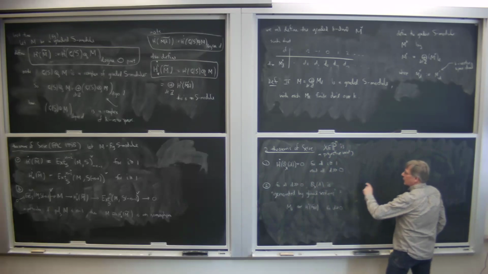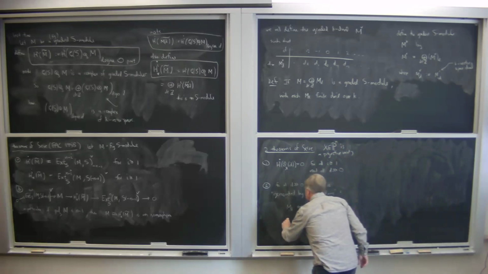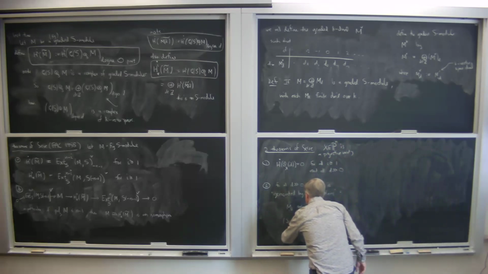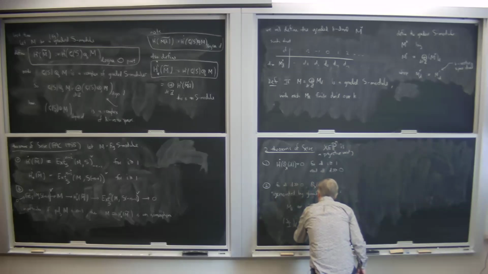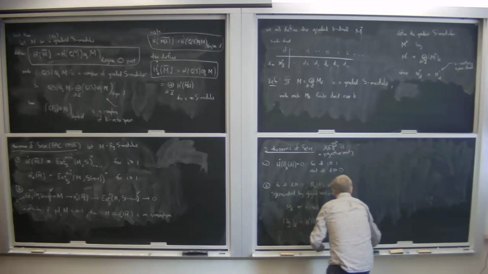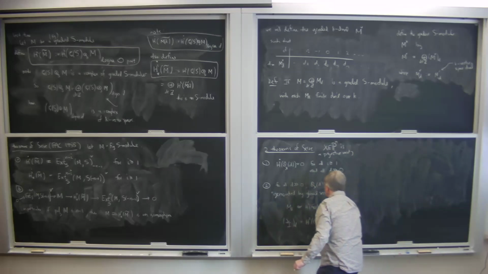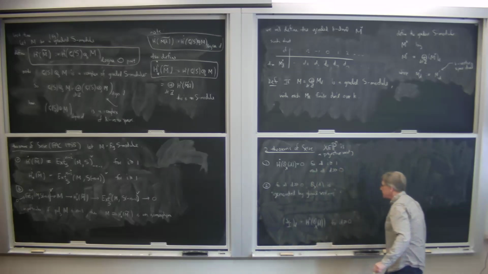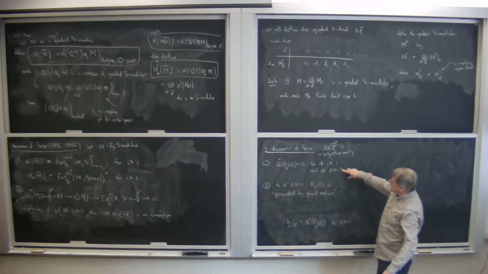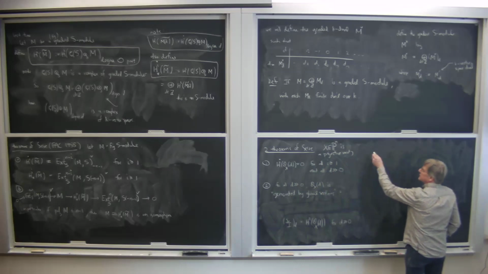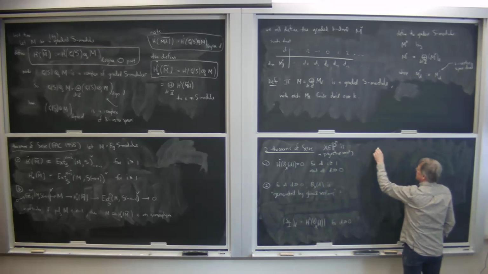Actually, I did it for O of X, and really what this is: S mod I in degree D is equal to H0 of O of X in degree D for D sufficiently large. Let's get rid of that because there's no M in sight. I can also say something about what happens for all sheaves, which is really the way I should have stated it. 1 prime is that